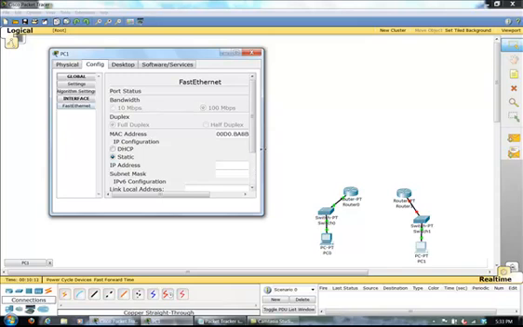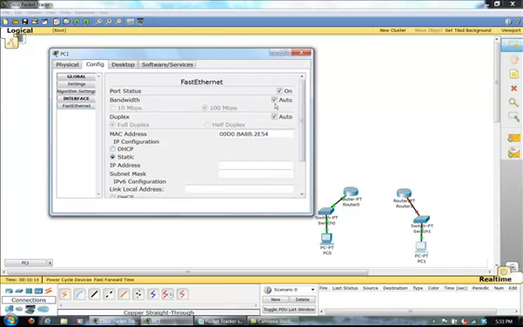The interface, a FastEthernet card, drag that out. The port status is on. The IP address is 10.0.0.2. Now the subnet mask, look at that, defaults out to 255.0.0.0. We have to go in and change it physically to 255.255.255.0. The number 10 implies a Class A IP address,